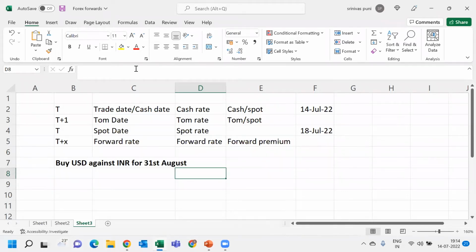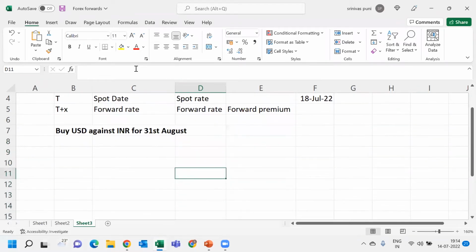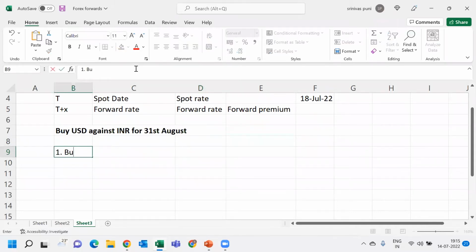Now, if you want to buy USD against INR, what do I do? I will do this transaction. First, I'll write the transaction and you can see how it equates to what you want to do. Let's divide this into two parts. First, buy USD against INR